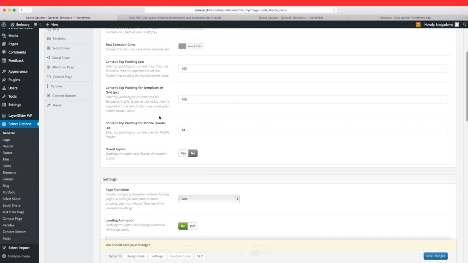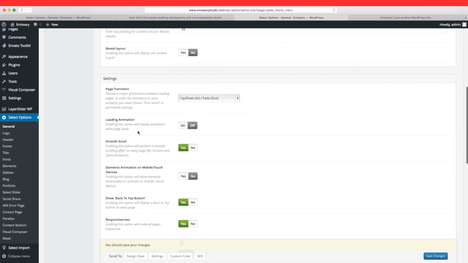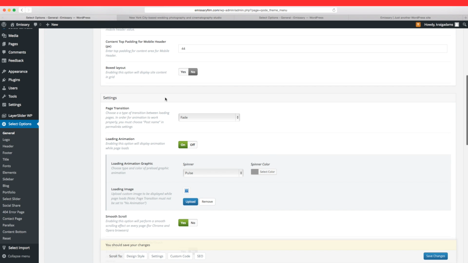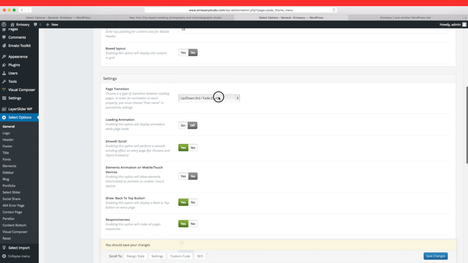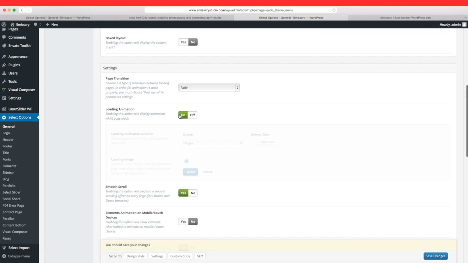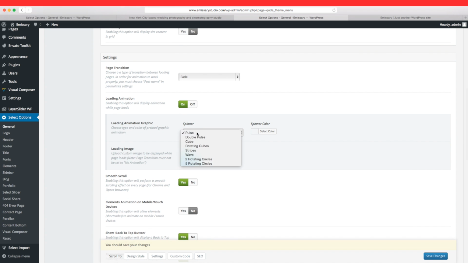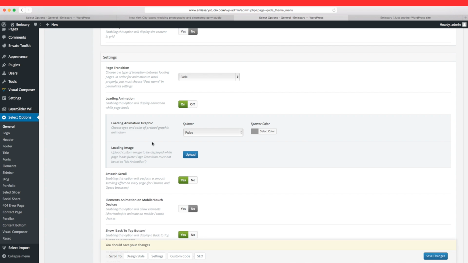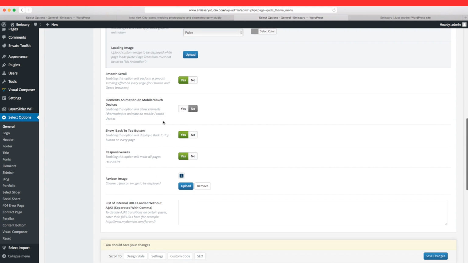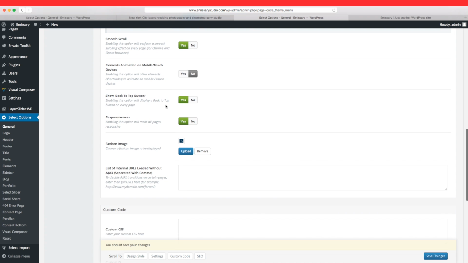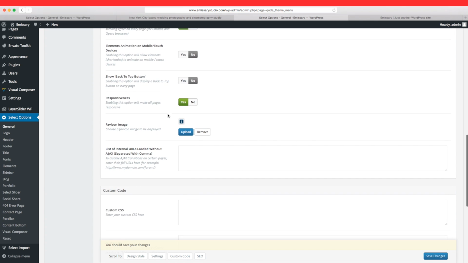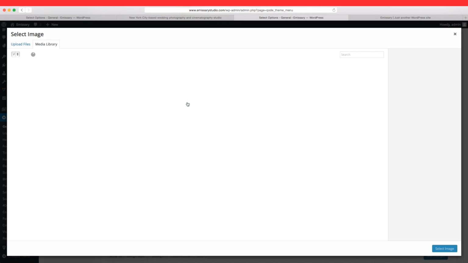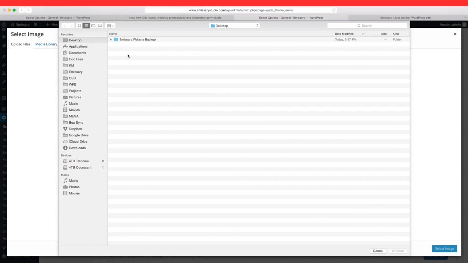Boxed layout, no. Fade. So I have just fade. Loading animation, yes. Pulsar, change that color. Remove. Smooth scroll, yes. No. Get rid of that. Responsive, yes, yes. Remove. We're going to upload our first file, so you just have to bring in the media, and it's kind of